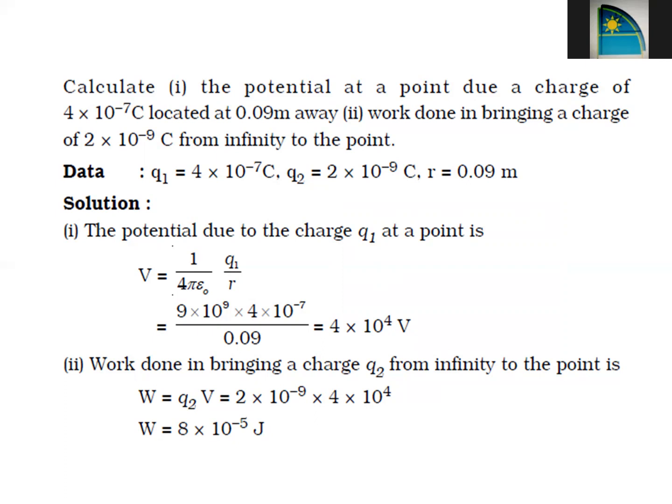As you can see, work done and potential are related to each other as work done is equal to potential multiplied by charge. It's very important for electricity. I'm telling again: field is due to one charge, force is due to two charges, potential is also due to one charge. When calculating work done, we have to multiply the potential with the charge. That's all. If we know this, we can solve anything in this particular chapter. So I think this numerical is clear. We'll get going on to the next one.